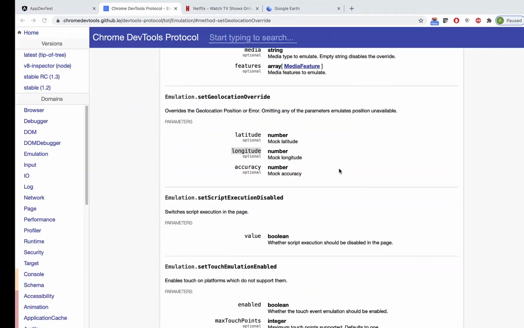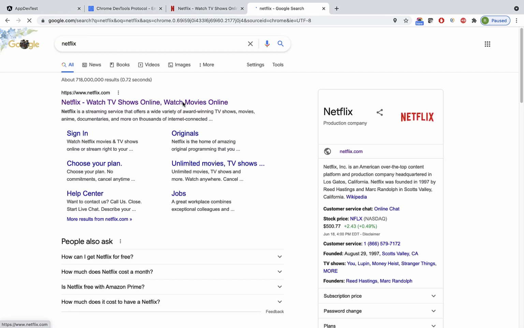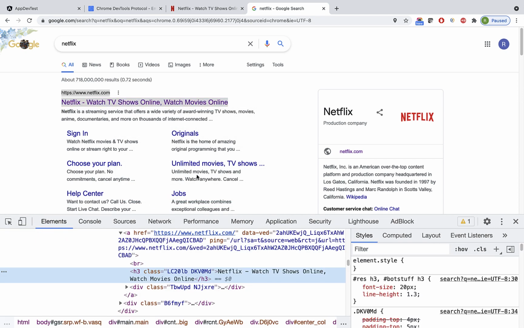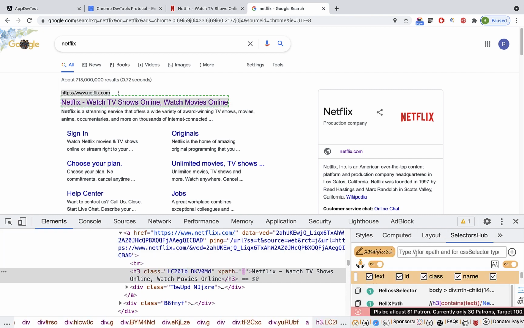So what happens after you type Netflix in Google? You will see the results here. I think you should see the results in Spanish language. It won't show in English because you have changed coordinates, and Google search results also will come in another language, I guess. Let's see. Once you see the results like this, let's say you want to click on the first search result, which is the main website. So how to do that? If you want to click on the first search result, here there is a class called LC20LB. Let's try this class and see if we get a unique locator to identify the first result.